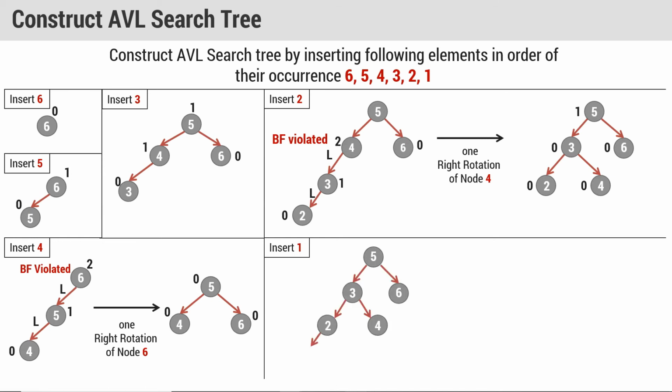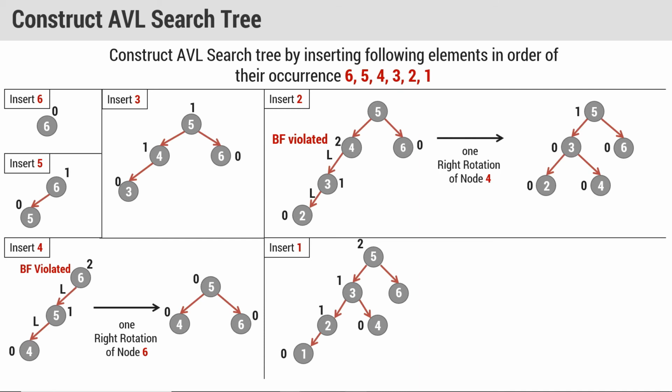So obviously we have to insert 1 at the left side of 2. So it becomes a left child of 2. So the balance factor at 1 is 0, at 2 it is 1, at 4 it is 0, at 3 it is 1, and at 5